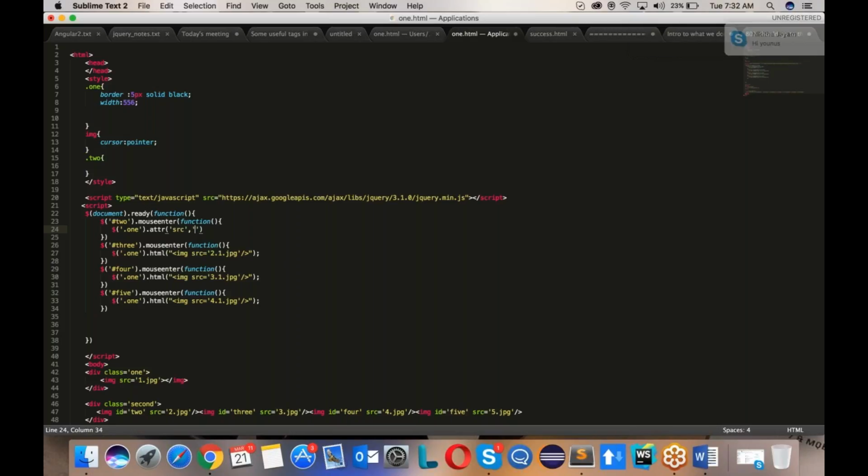It's not ALTR. Sorry, it's not ATR. You are asking for the attribute. Correct, correct. So img dot attribute. So here what I'm going to do is I'm going to